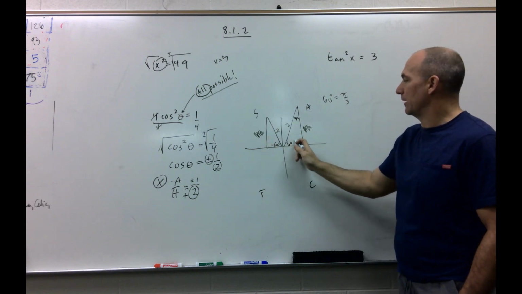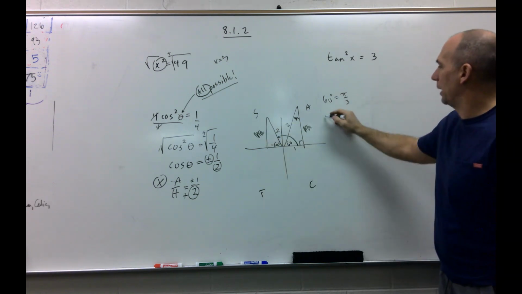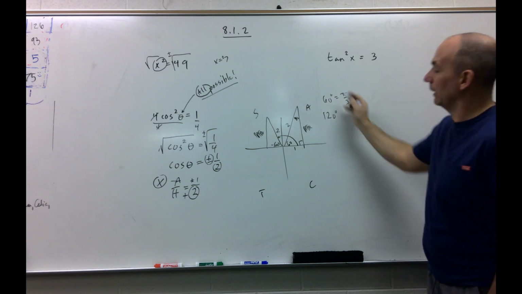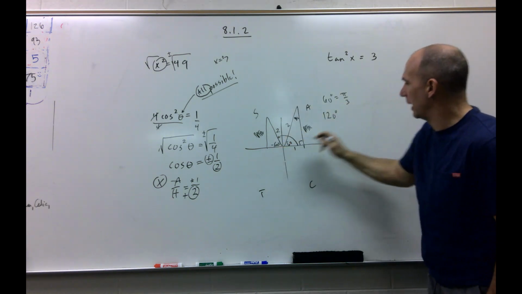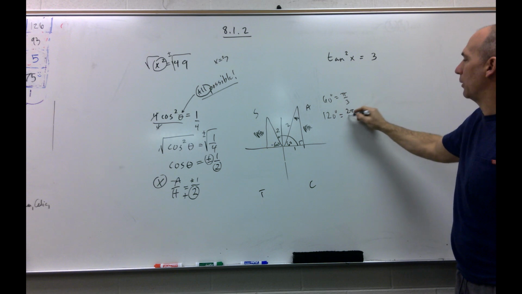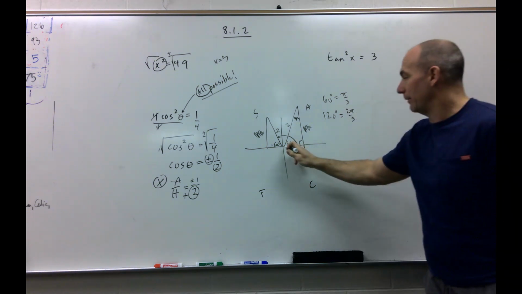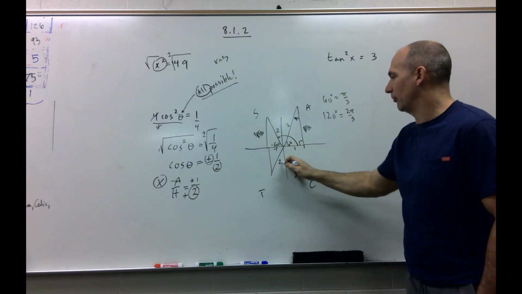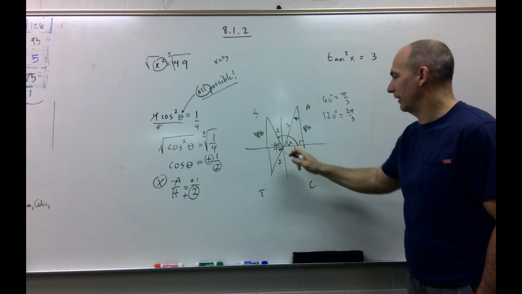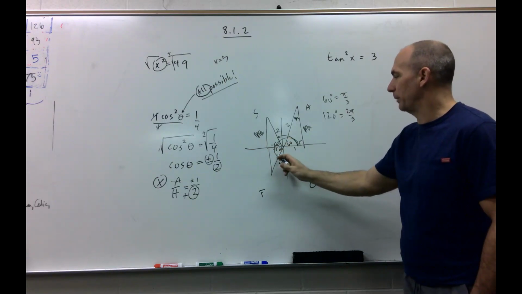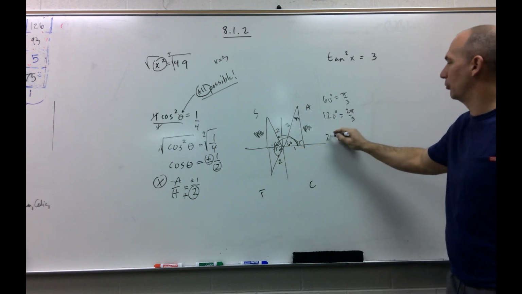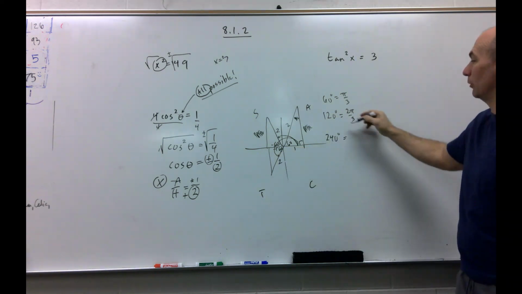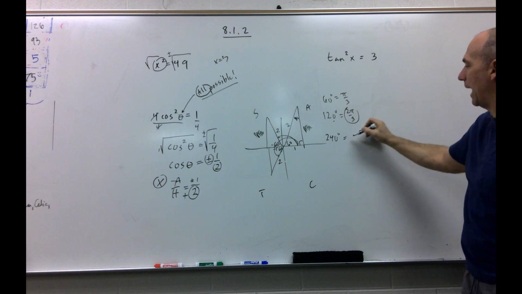So how far did I spin my spinner? I spun it 120 degrees to get my 60-degree reference angle, which is just 2 pi over 3. But the same thing can happen here. So this is, again, -1, this is 2. My reference angle is 60. How far did I spin my spinner? 180 plus 60, which is 240 degrees, which is double this, so I'm going to double that, which is 4